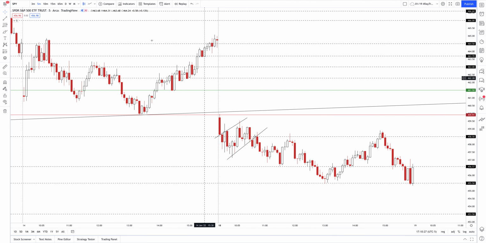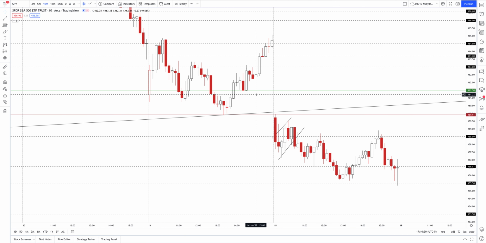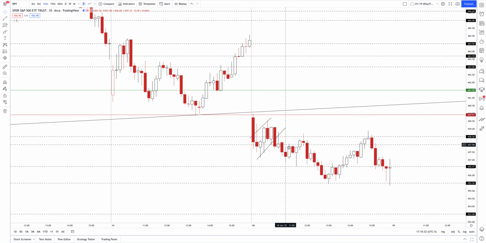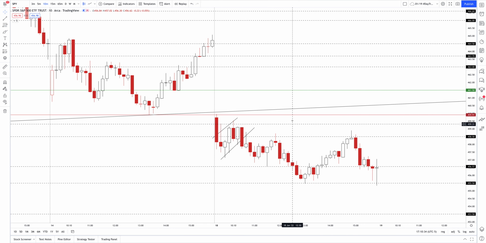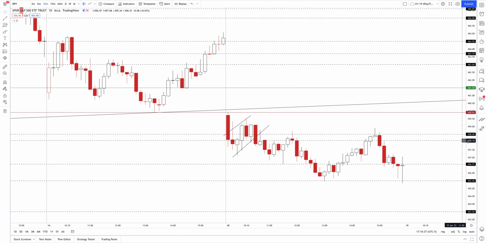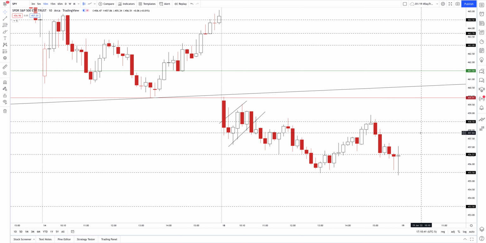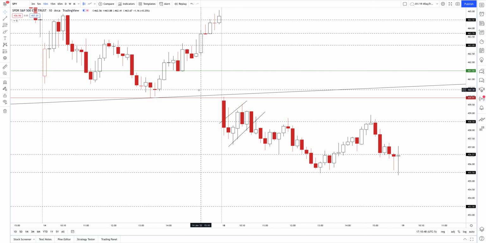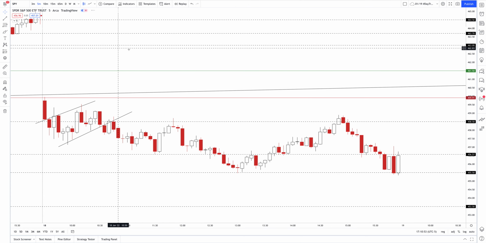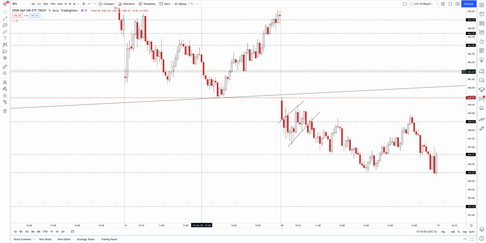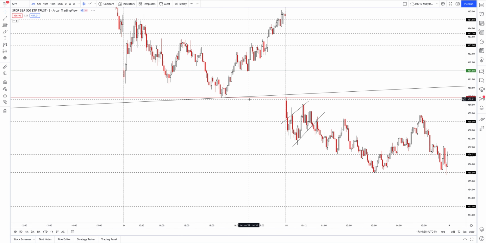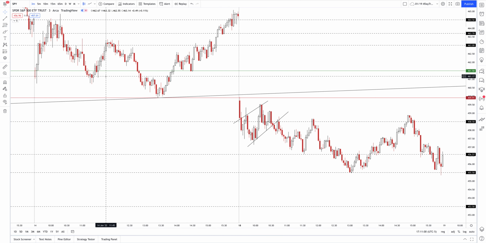So I used the 5-minute here to illustrate that, because if you look on the 10-minute, you don't quite see it as vividly as you do on lower time frames. That is why it's important to be cognizant of multiple time frames as you're trading. Multiple time frame analysis is important because we always like to look for full time frame continuity in general, but also because patterns can be hidden on higher time frames if you do not pay attention to a lower version. So here's the 5-minute, and then even on the 3-minute you can see it even better. So all that to say,